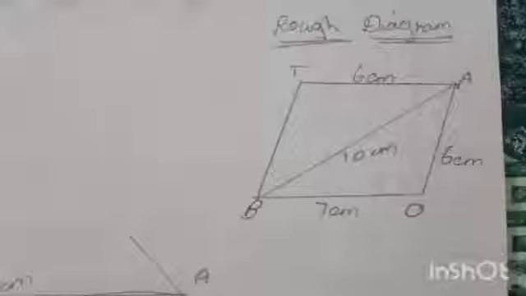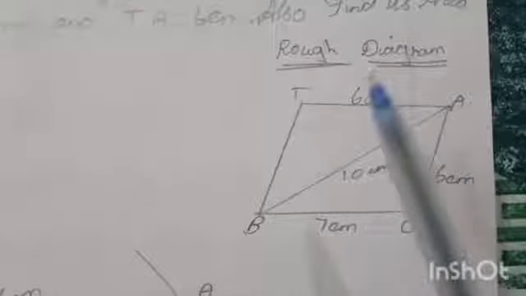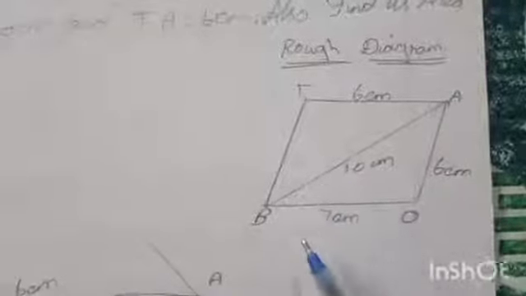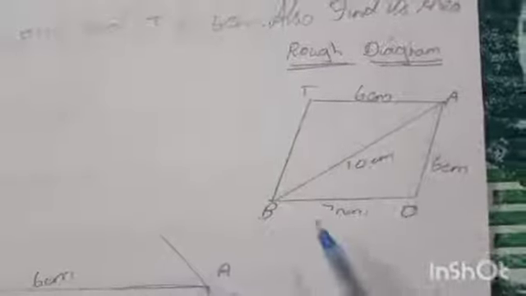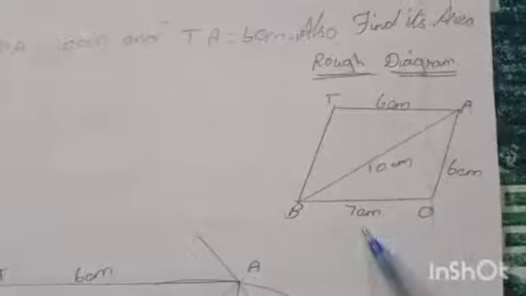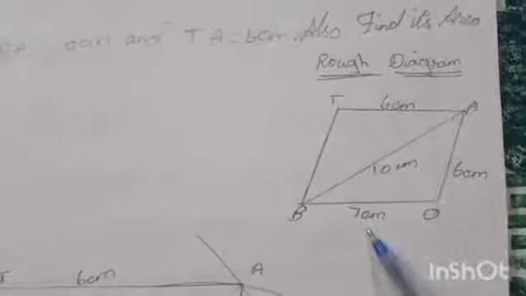Now, how to draw the rough diagram. Give the heading rough diagram. You have to use only pencil at the right hand side. You have to draw one trapezium. This diagram looks like a parallelogram, but you just have to draw one trapezium. Trapezium means it is enclosed by 4 line segments. You can draw like this, or as it is shown in the book. Anyway we have to draw. This also is considered a trapezium because parallel sides are there. One pair of opposite sides is parallel.